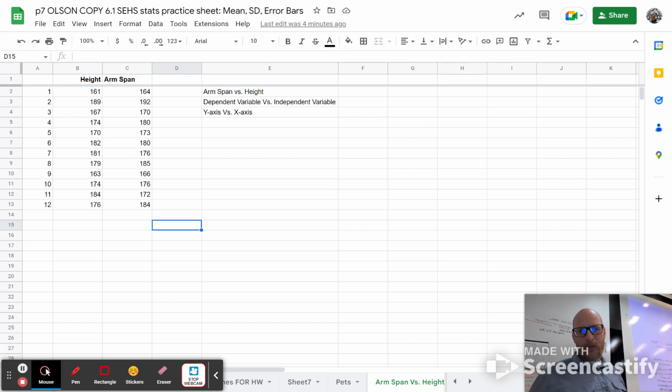We're going to title this arm span versus height. We're going to put height along our x-axis because we're asking how does height, independent variable, affect arm span, dependent variable. So to do that, we could select, in Google Sheets, this data like this,